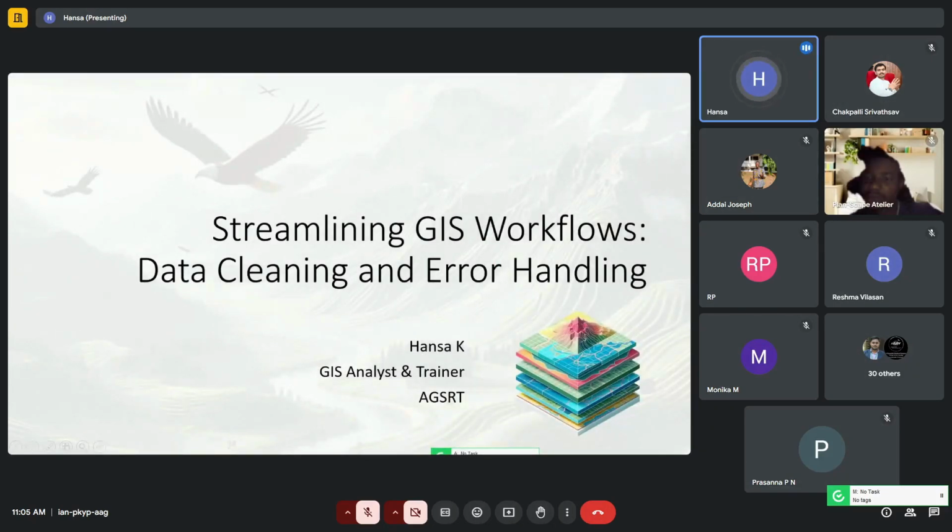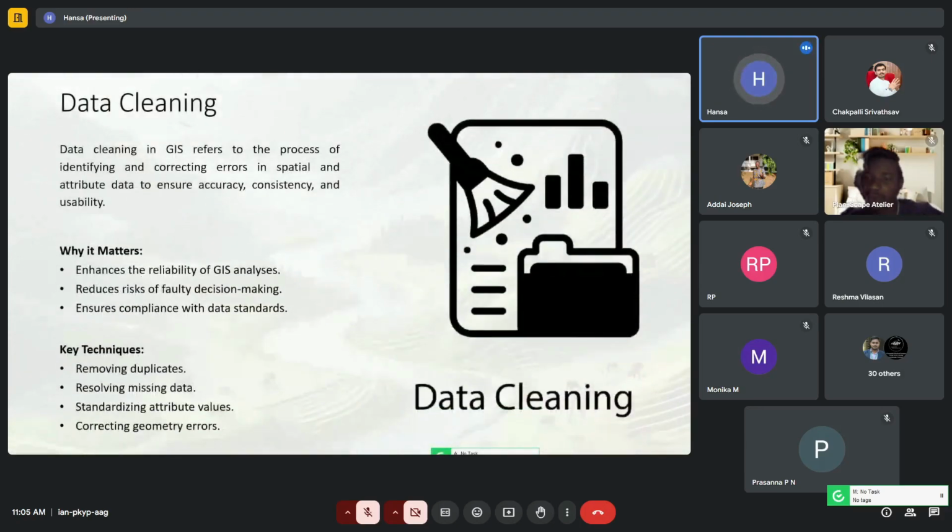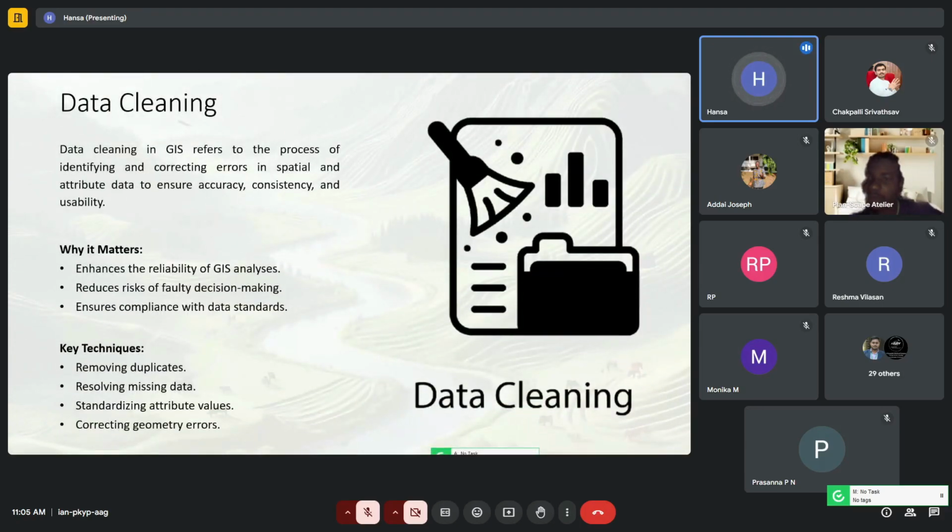So what is data cleaning? Data cleaning is when you may have certain errors or inaccuracies or inconsistencies in your data, so you have to identify them and correct all those errors. So why is it important? Again,